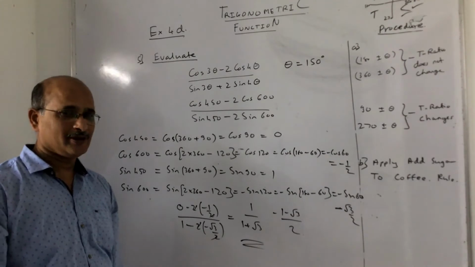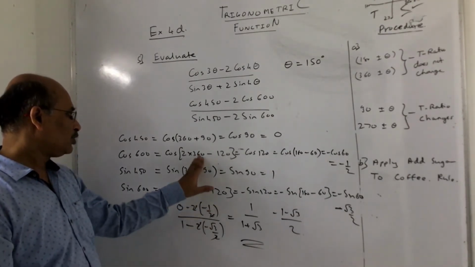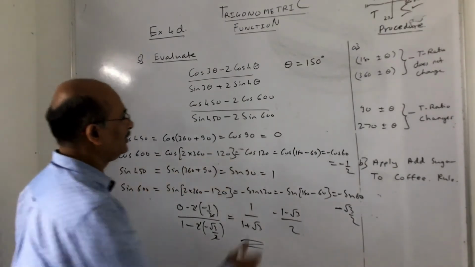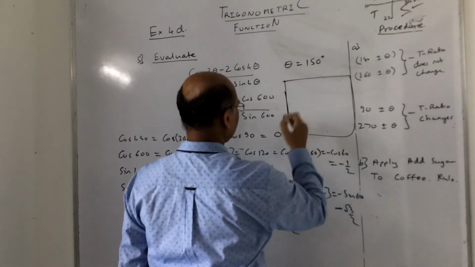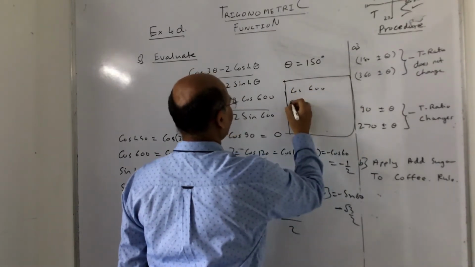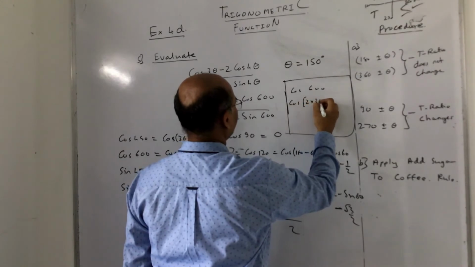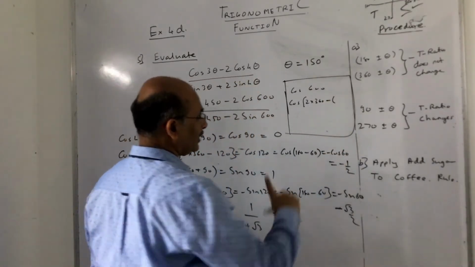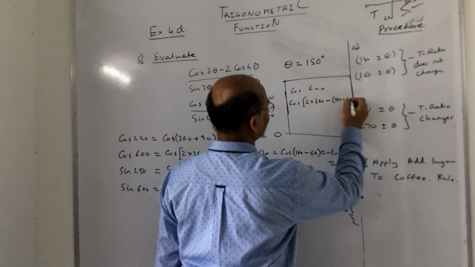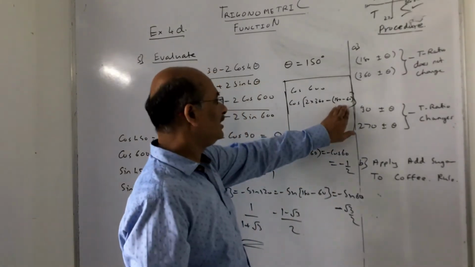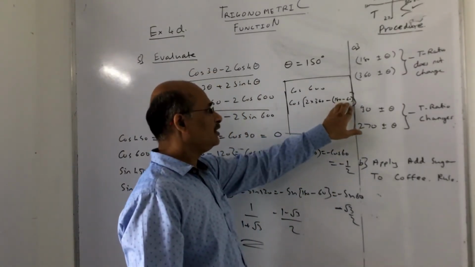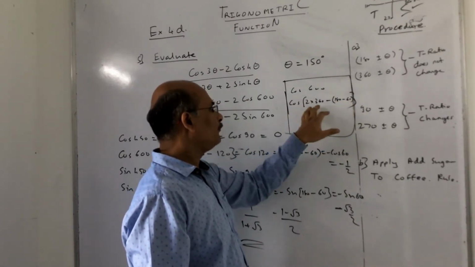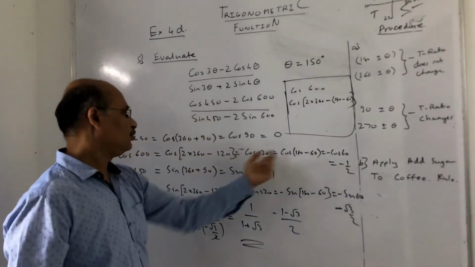So I hope you got this point clear, children. Slightly difficult. Remember, here I showed it separately. But if I want to convert this into an acute angle, for example cos 600, I'll just show you this working. Cos 600, I can write cos of 2 into 360 minus 120. So this 120 is 180 minus 60, so this is my theta here. So 360 minus theta, cos is positive, correct, with the final acute angle cases. So instead of showing this in one step, I am showing it in two steps.